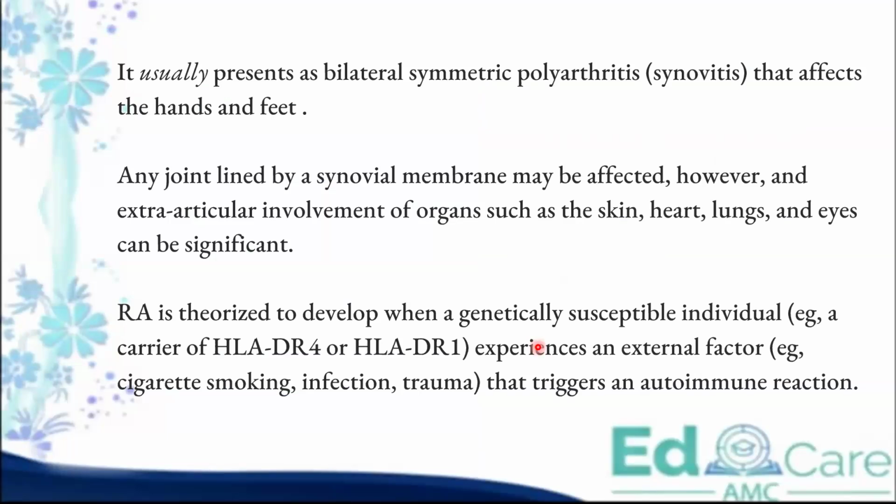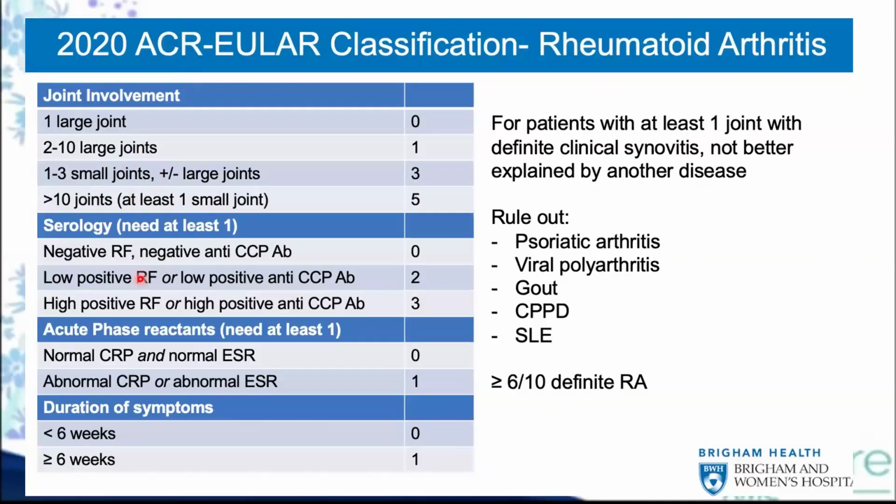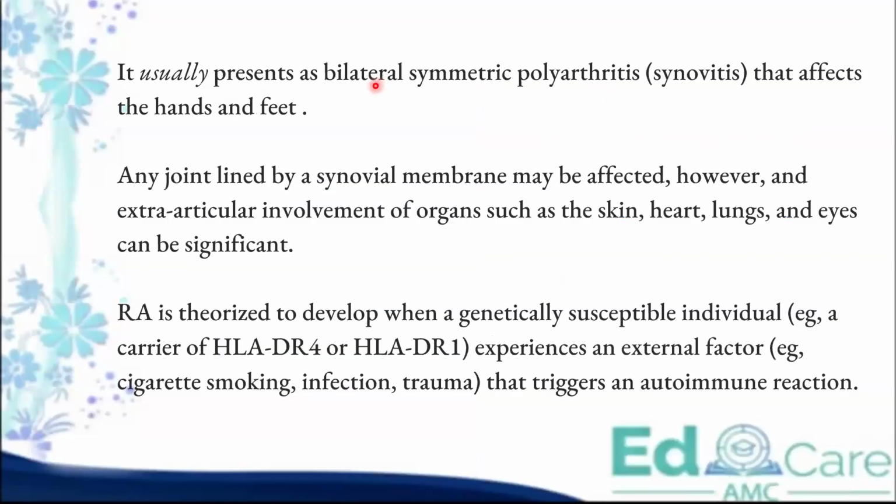So here, rheumatoid arthritis, usually it's bilateral and symmetric polyarthritis. So it does not have to be, like you see here, it's not a criteria, right? So it can be unilateral as well. So usually it's bilateral, symmetric polyarthritis. So mainly what is going on here is a synovitis, right? So that's why they have all these soft tissue signs. When you look at the fingers, there's edema, swelling of the soft tissues around the joints. So that is due to the synovitis, right?